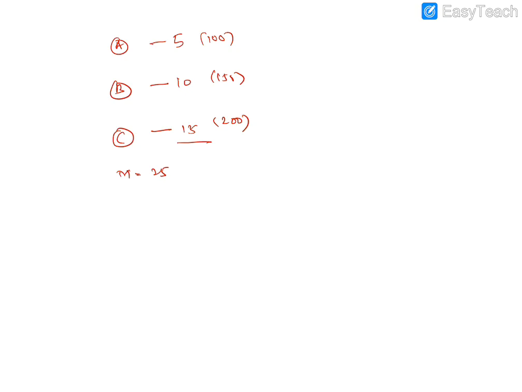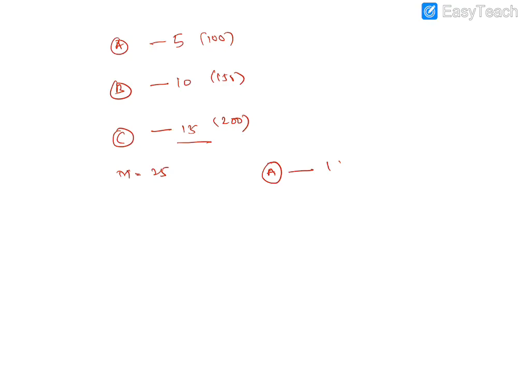One more example we are going to consider: 3 entities are there, A, B, C, and again the values are given. A is 5, B is 10 and C is 15. The total maximum distance we need to consider here is 25. And here the performance values are 100, 150 and 200. These are the values assigned for A and B and C. These are the performance or rank profits we are going to get.